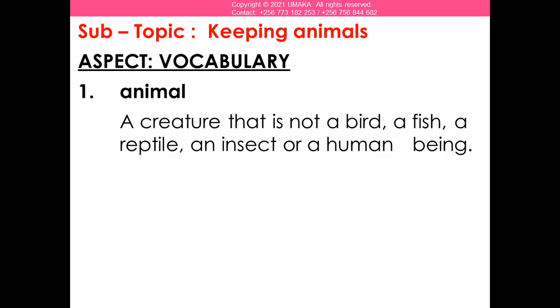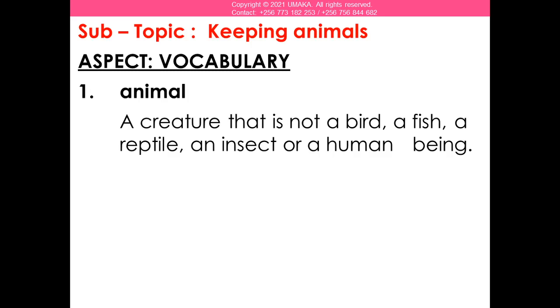So those we find at home are also categorized. Some are kept for meat, others are kept for pleasure. Those we keep for pleasure, like the cat, we don't eat a cat. We don't eat dogs. They're kept either for a purpose they serve or for pleasure. Some people just want to have them, just want to look at them. Those we keep for pleasure,